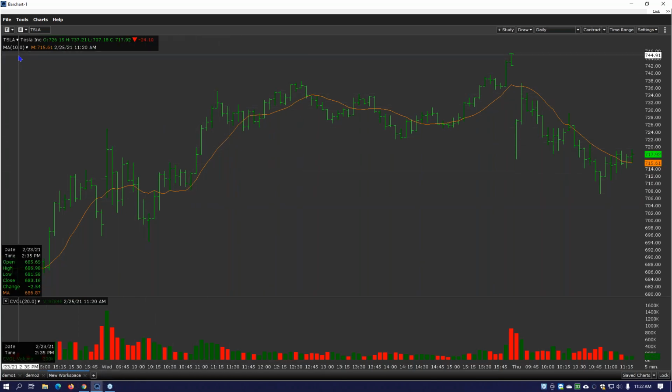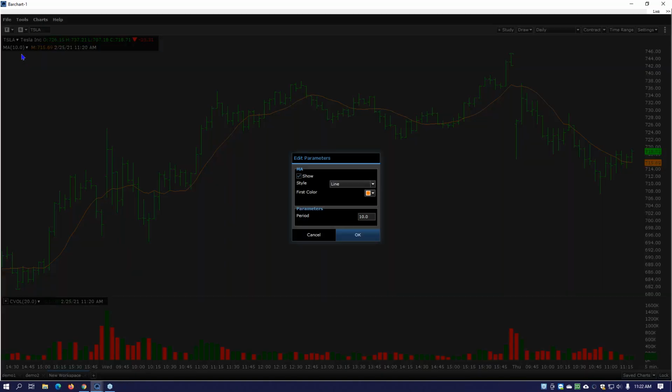In the upper left-hand corner here, once you add in on the price pane any indicator, it's going to populate underneath the actual ticker. And it works the same way in terms of formatting the indicator as formatting the ticker. You have an MA here with a 10 indicating that it's a 10 period, and then to the right of that, there's a little arrow. When you click on the arrow, you click edit,